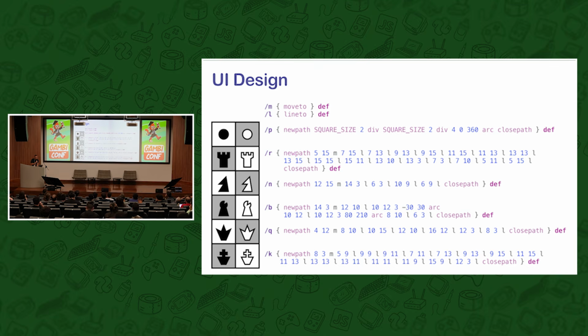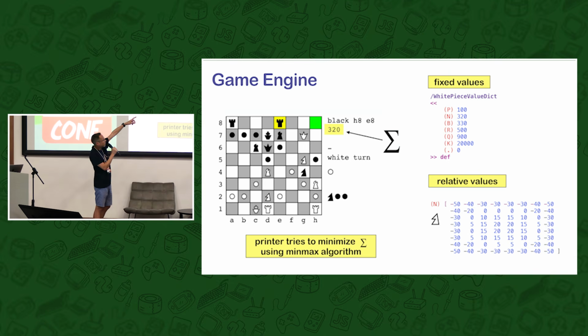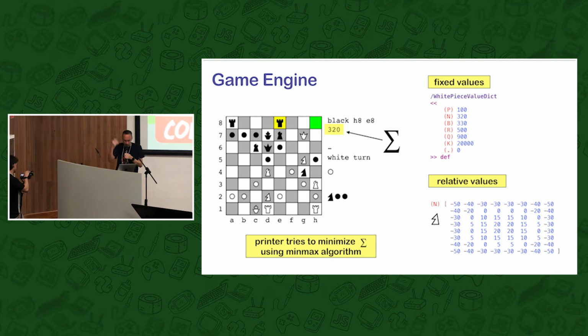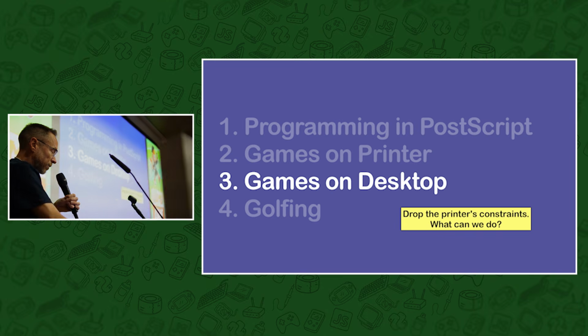For the design, very simple. As PostScript is a graphic-oriented language, you just draw the pieces with moveto and lineto. And the game engine is a standard one, so there is a min-max algorithm that will try to optimize some value, and white has to make it high and black to make it low. So nothing